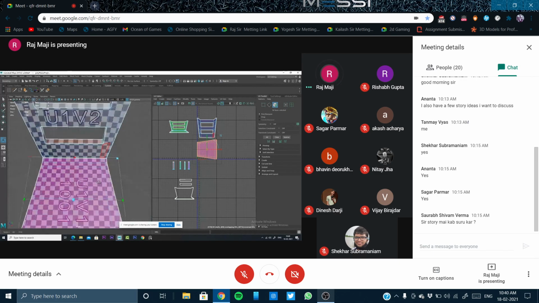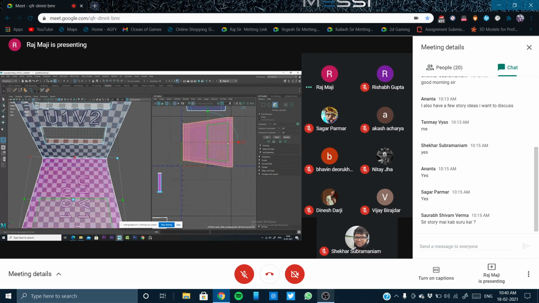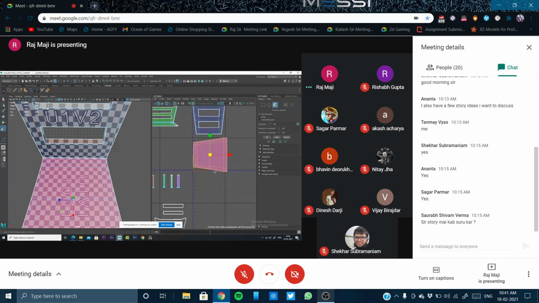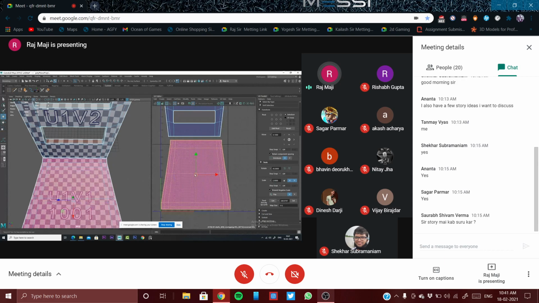This is also all right. The UVs can be a little, sorry. Okay, and I will just rotate it. And let's check if I can connect it over there.